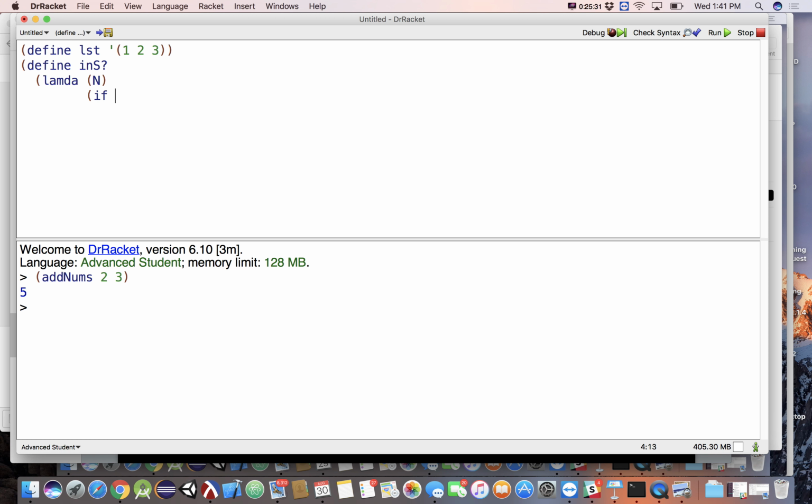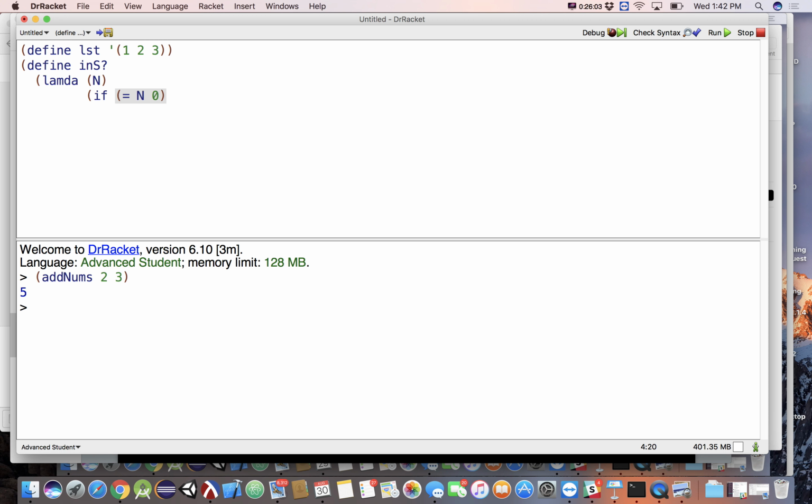We have a couple of different conditionals that we know how to write, but right now we're just going to deal with ifs. You'll see that most of the semester we're going to be using something called a cond, C-O-N-D, which is conditional. And that allows us to have multiple levels. Okay, so the way an if function works is it has a Boolean expression as the first parameter, and then what do you do if it's true? What do you do if it's false? So we're going to say if equal n 0. If n is equal to 0,